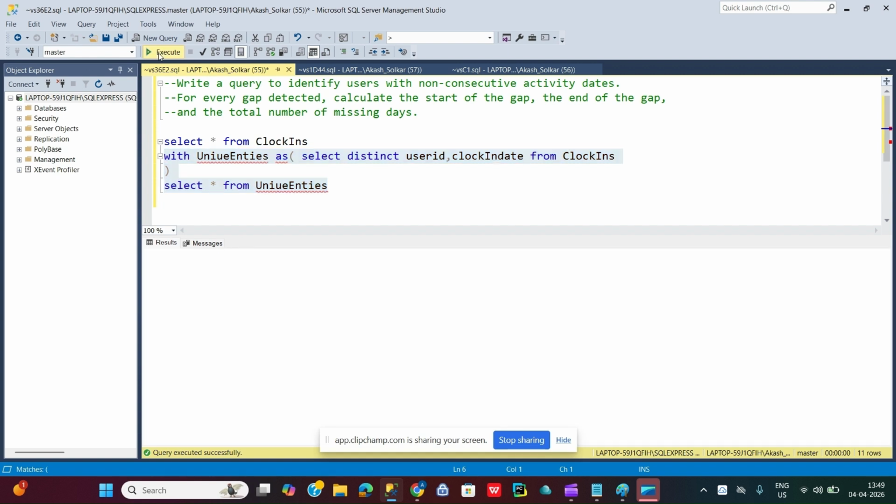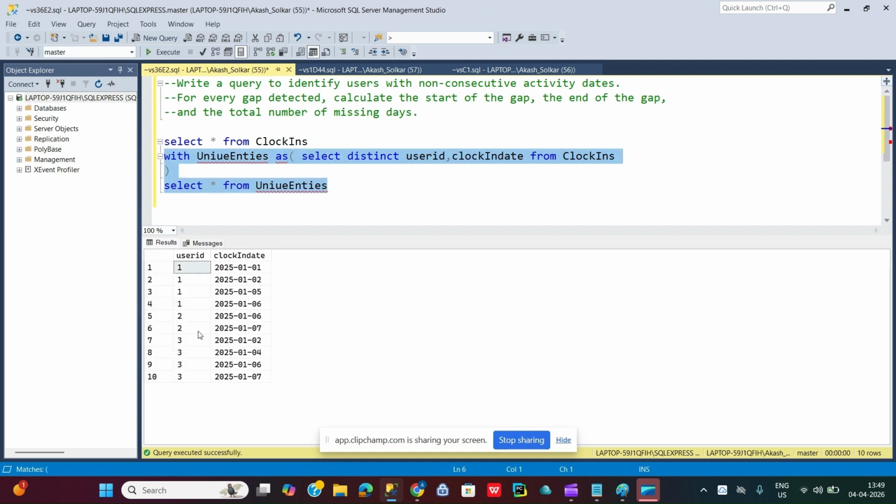So if we see the result, in the two records, firstly there was a 3 entry because for user ID 2 there was a 6 date, 2 entries present. Now only single entries are there. Okay, now we are going to use the Windows lag function to compare the current date